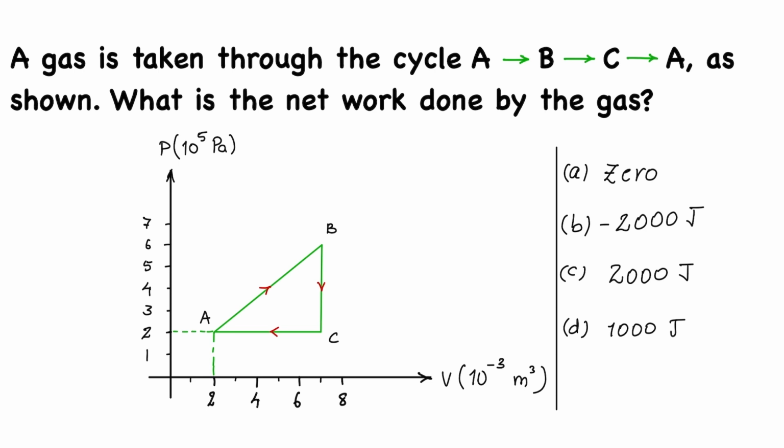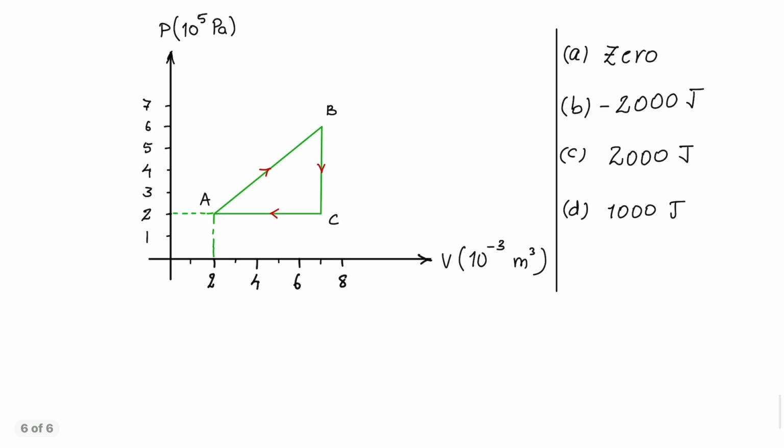In a cyclic process, the net work done will be equal to the area of the cycle ABC, or the area enclosed by this loop. This work done will be positive if the cycle is clockwise, and it will be negative if it is anti-clockwise. So first we'll calculate the work done. The work done W is equal to the area of the cycle,